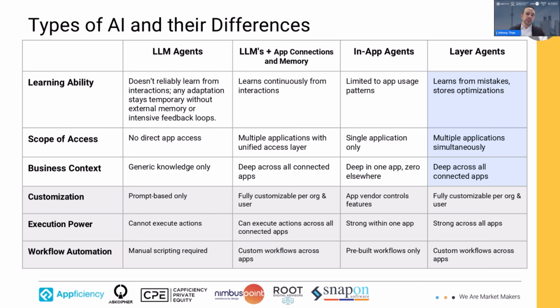And that deep connection across all your multiple applications means you can have an enterprise workflow. You can have an enterprise ROI really come out of it. And so it's partly about the connection, and it's very much about the learning. And that's why the types of AI and the way that they learn and the way that they can improve for you is actually the most important bet that you make. Not about how they are today, but how they're going to be 6 months from now, a year from now, 5 years from now. That's critical. And so you want something that's going to learn forever, grow forever, and still be yours.